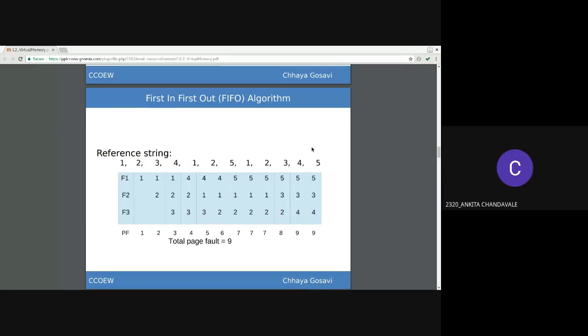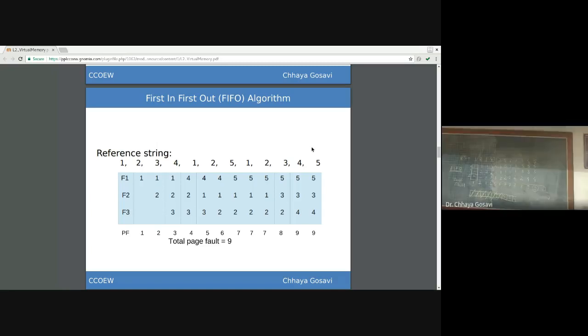Ma'am, total page faults is the number of replacements we make, right? Yes. Every time you bring a page into a frame, if it is not there in a frame, it is called a page miss or page fault. Here we are not doing any replacements for 1, 2 or 3.